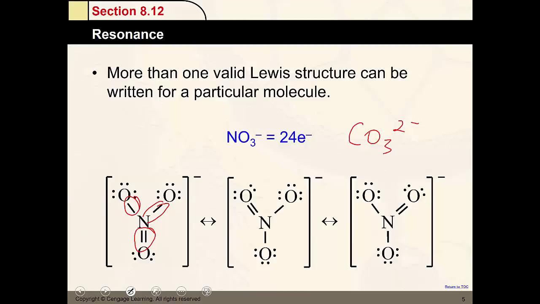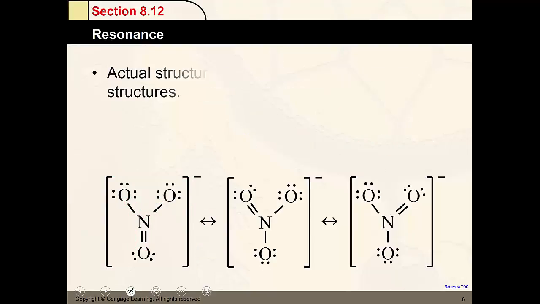Since they're both polyatomic ions, you put it in brackets with its charge. But between those resonance structures, you put a double-headed arrow. And you put all the different possible Lewis structures. So one with the double bond towards the left, one with the double bond towards the right. And since there's 3 valid Lewis structures, the actual structure is just an average of these